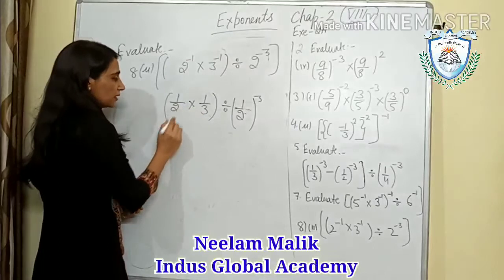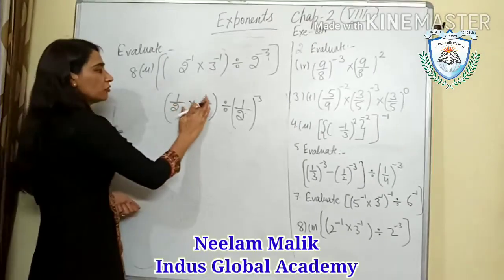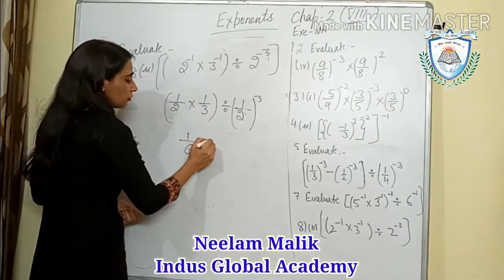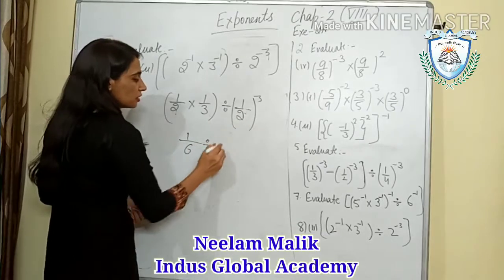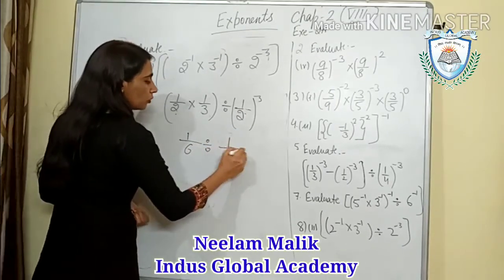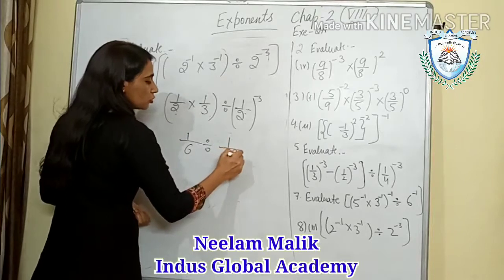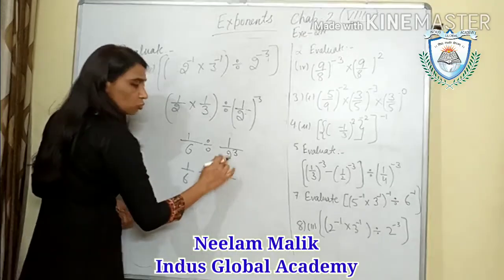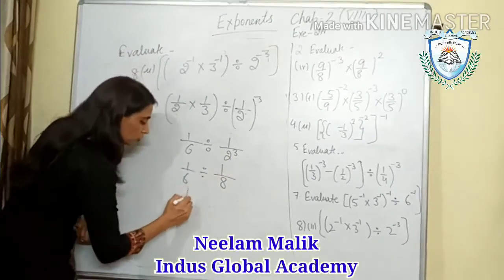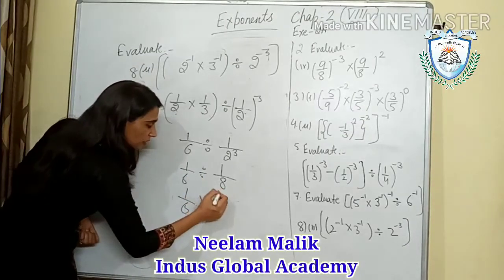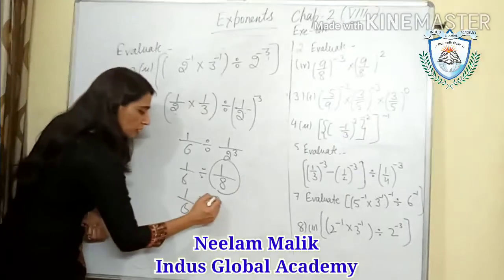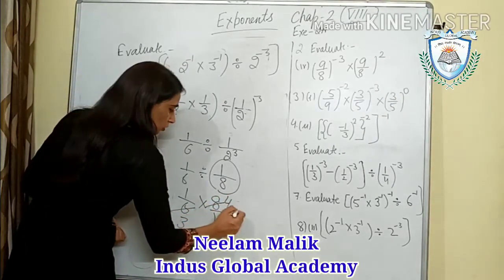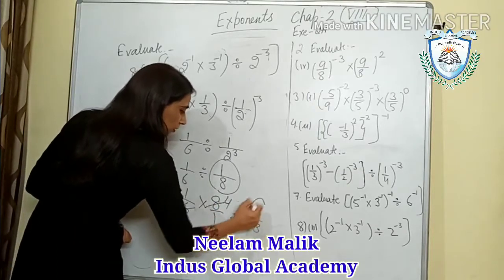Here, please multiply this. In multiplication, numerator with numerator, denominator with denominator. So 1 times 1 is 1, 3 times 2 is 6, divide. This is 1 upon, you can say 2 three times. 1 upon 6, division. 2 times 2 is 4, 4 times 2 is 8. Okay, so 1 upon 6 multiply, it will be the reciprocal. This is also the rule. So 8 upon 1. Now 2 times 3 is 2, 4 is. So what is our answer? 4 upon 3 is our answer.